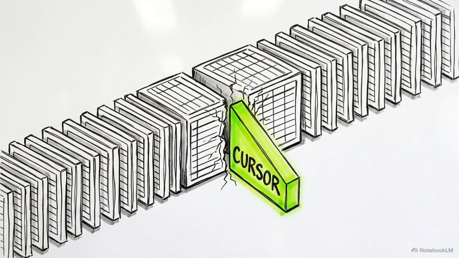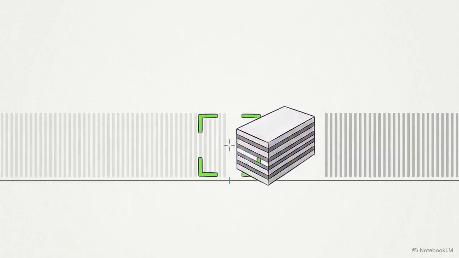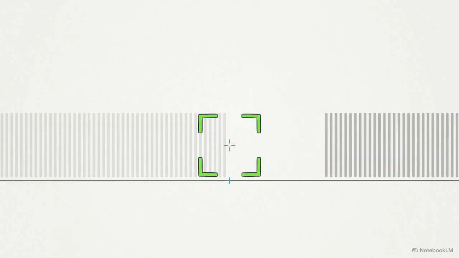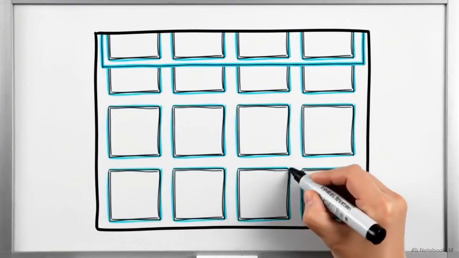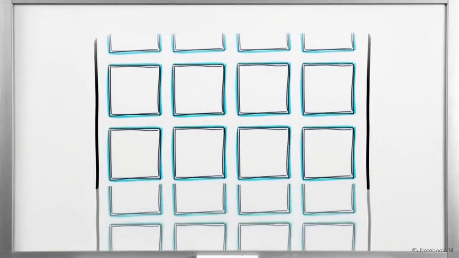To fix this, large systems use cursor-based pagination. A cursor acts as a unique, precise bookmark. It allows the database to instantly jump to the exact location of the next data chunk without having to recount a single previous record. By transforming an unpredictable data load into uniform packages, pagination protects your server's memory and keeps